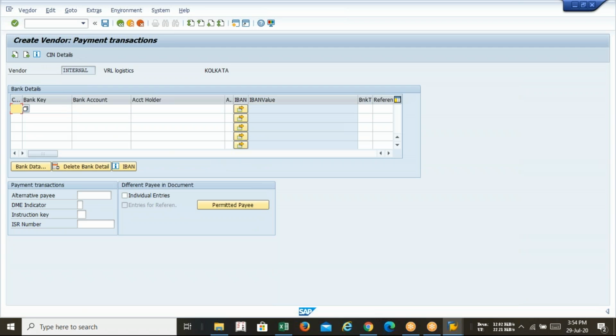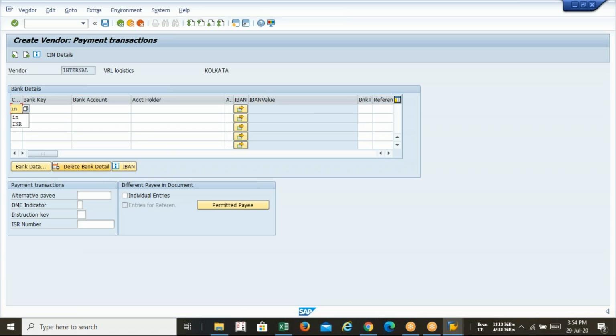Bank details. So I told you what is the meaning of bank key. We'll discuss later on, because bank master we have not started. For the payment, we have to start with the bank master. So today onwards, we are going to configure the payment configuration. So before that, we have to start with the bank master. Today we'll know what is the meaning of bank key, etc.